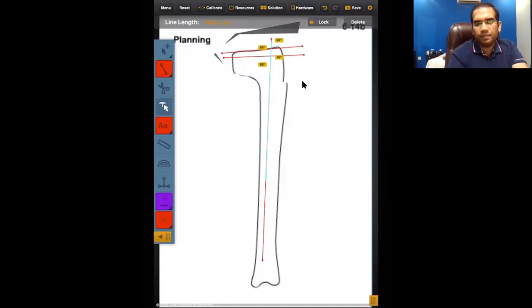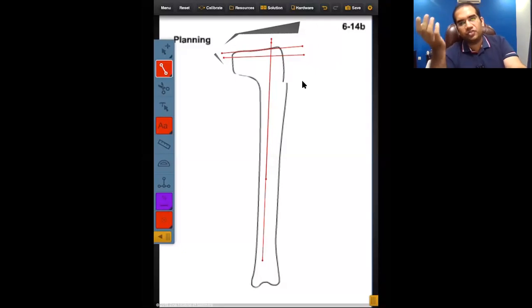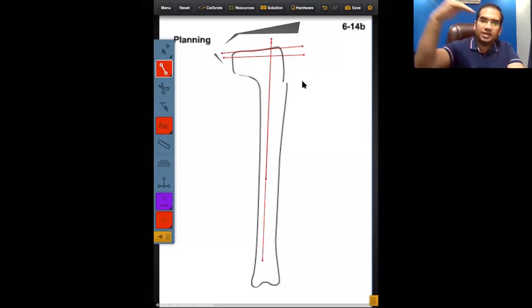Excuse me, sir. Yes, sure. By doing these osteotomies, can we disturb the posterior slope of the tibia that is naturally occurring at the proximal tibia end? All that planning which I have been doing is to restore the tibial slope. Okay, this posterior proximal tibial angle is the tibial slope. When I say that there is a naturally occurring posterior tibial slope, what I am saying is that there is a posterior slant in the tibia.